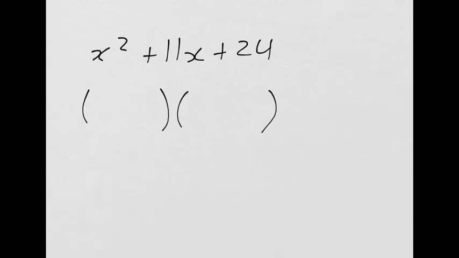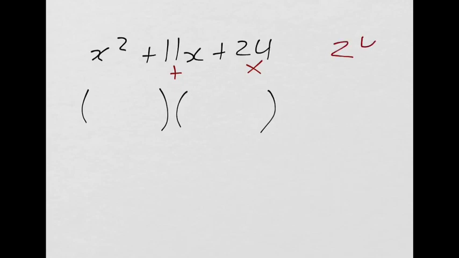Okay? So what am I looking for? Greatest common factor. Two numbers. Yeah, always look for the greatest common factor first, but I don't have any. Two numbers that can be multiplied to equal 24 and added to the 11. Multiply to equal 24, add to equal 11. Okay? So I think of the factor pairs of 24, I've got 1 and 24, 2 and 12, 4 and